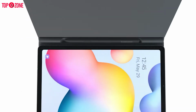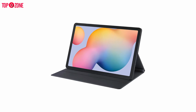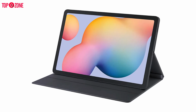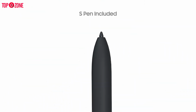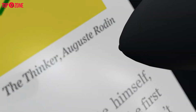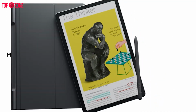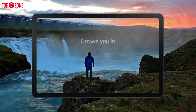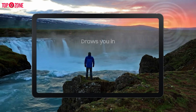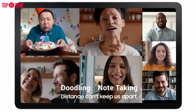The Samsung Galaxy Tab S6 Lite is a well-rounded iPad competitor, and it is arguably the best non-premium tablet the company has ever put out. It has strengths from the inclusion of the S Pen to software customization options and a fairly robust and good-looking design. The key feature of the Galaxy Tab S6 Lite is that it comes with an S Pen stylus. It is actually the most affordable Samsung tablet to come with a stylus, which is great for doodling, note-taking, and